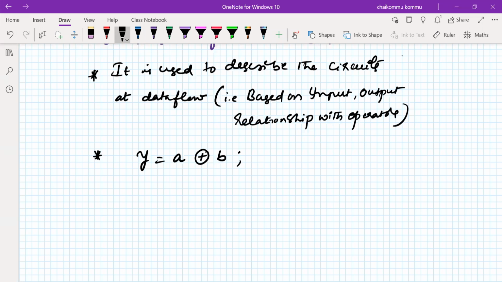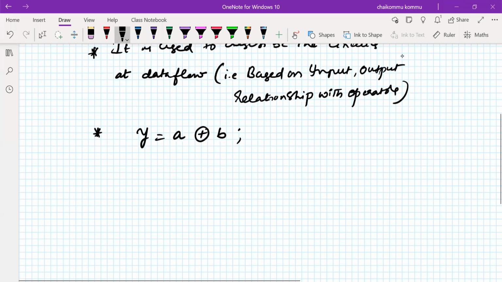That relationship is based on operators. This particular statement, from the Verilog point of view, we call a continuous assignment statement. We are assigning some result to the output alone. Why is it called continuous? Because explicitly we are writing a and b. We don't need to say that when a changes this operation has to be done, when b changes this operation has to be done. At any point of time, if a alone changes, or b alone changes, or both a and b change, this evaluation must happen and be assigned to y. That's why it is called continuous assignment. There is no explicit representation for changes of a and b.